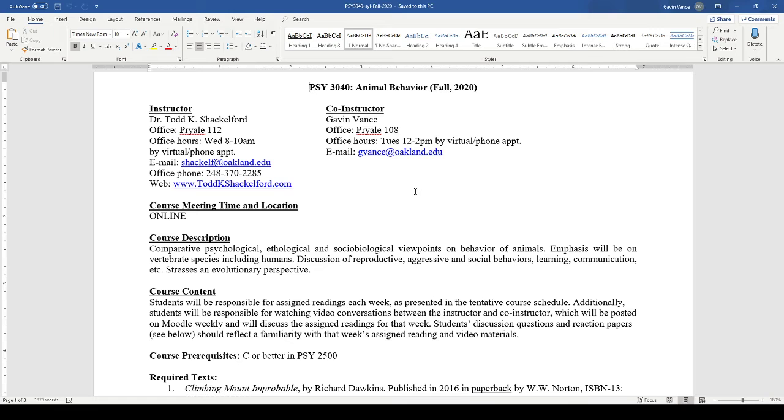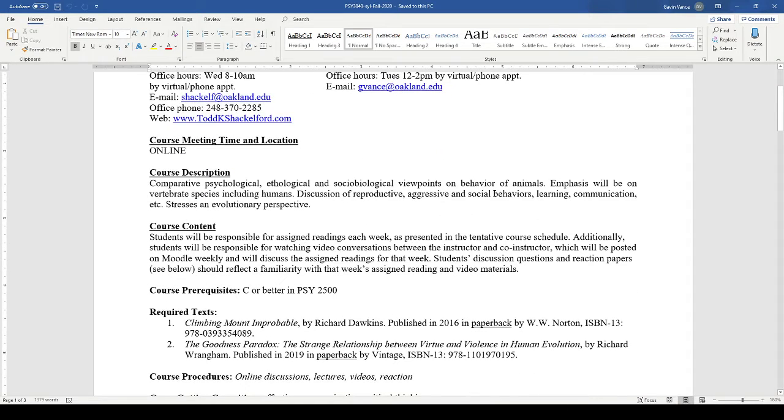So this is a very broad course. We will be covering a huge range of animal behavior, and by animal, we do include humans. Humans are one species of animal. We'll talk about many different species, and much of the second half of the class will focus on primates broadly, including chimpanzees, bonobos, gorillas, and humans. But we'll begin by talking about what evolution by natural selection is and how one applies an evolutionary perspective, and what that really means, and what it doesn't mean.